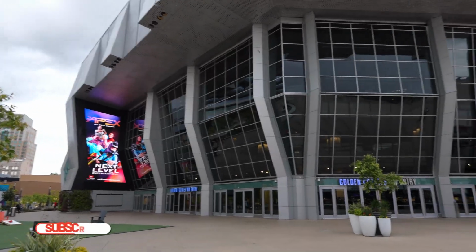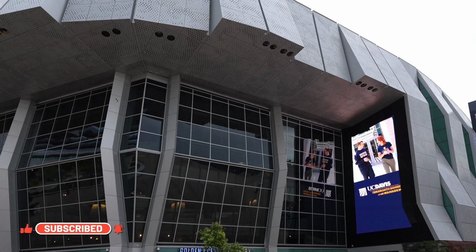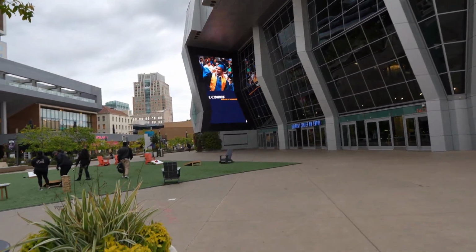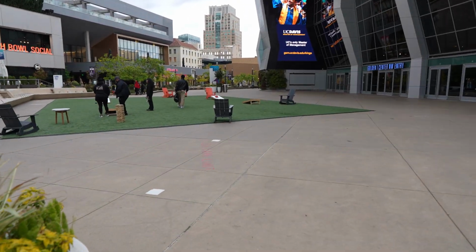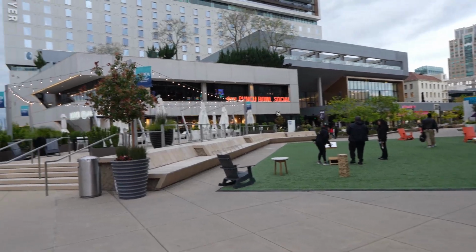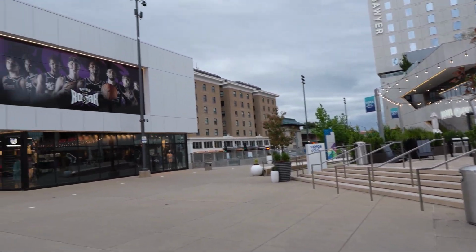Here is the other side of the Golden One Center. Now it really does look like an athletic center to me. Definitely clear it's basketball. They have an It's Sugar in this area too. Little area to play cornhole and stuff. Fascinating. Some restaurants. Well, Tim McGraw's going to be here June 29th. There's the...